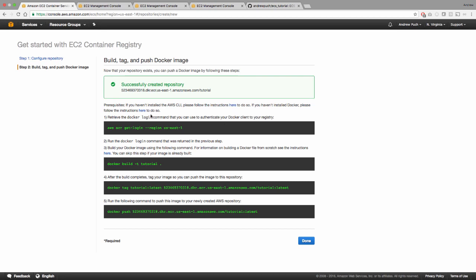Now, a couple things to note here. This first command you're going to want to run on your local machine, and this is going to get the login credentials for your AWS ECR. This is how you're going to be able to push that container up to the repository. After you run that first command, it's going to spit back out a Docker login command, and then you're going to copy that command, run it, and it's going to log you in